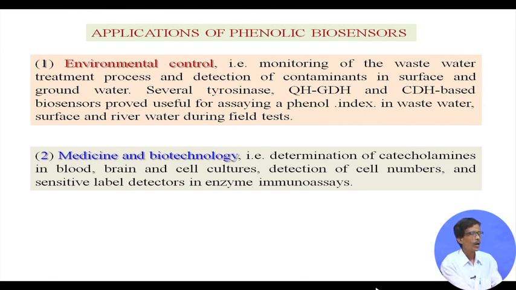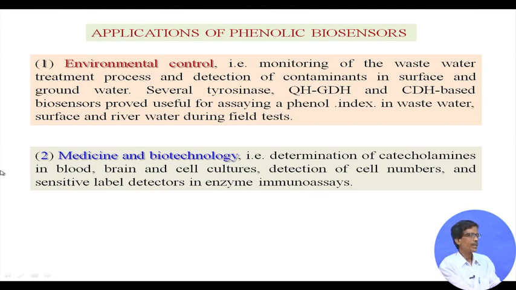You have to have some part where the amine can be oxidized in the presence of oxygen, and catechol can also be oxidized, as we have just seen, you need the enzyme catechol oxidase. If that enzyme is available and if you supply the required number of electrons from the electrode, it can give rise to the corresponding biosensors, not only for phenol, but also for catechol and again for catecholamines.